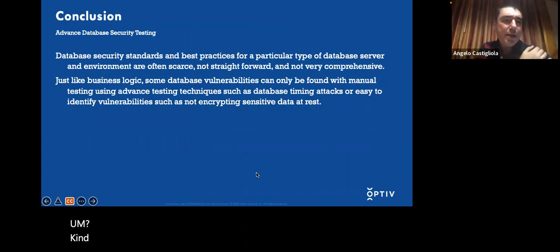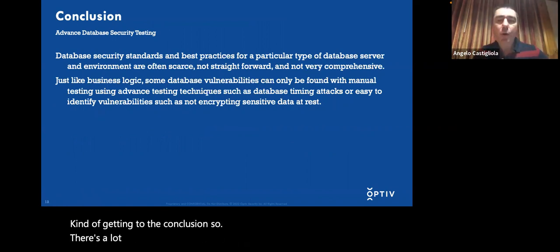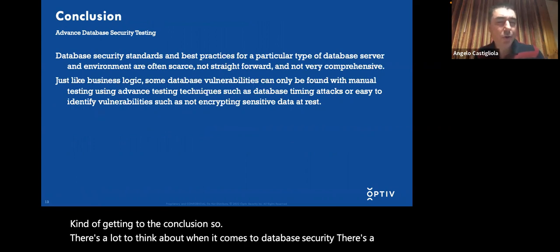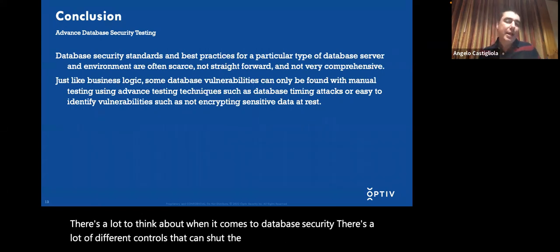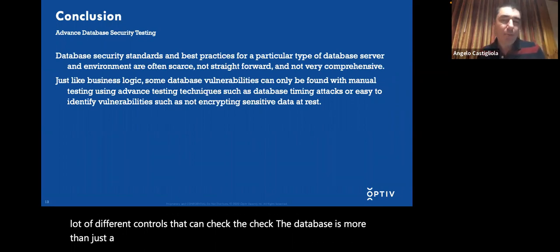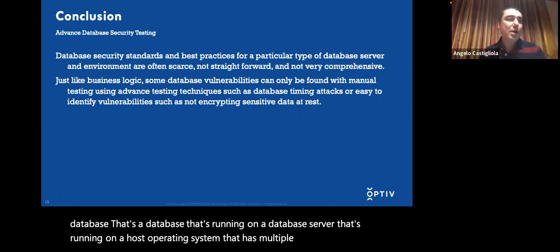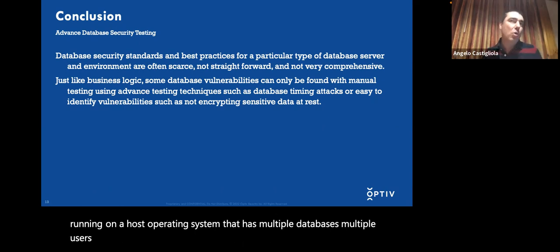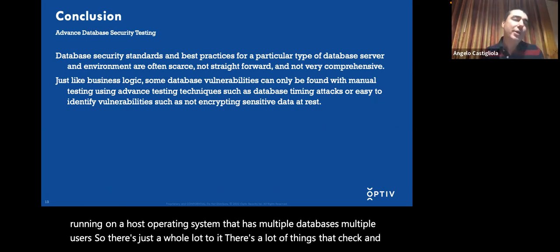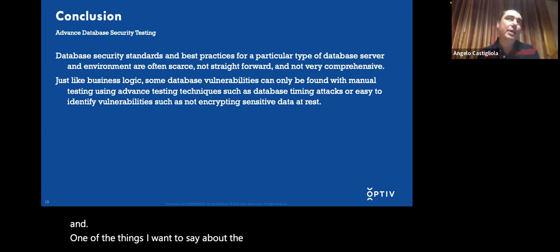Getting to the conclusion, there's a lot to think about when it comes to database security. There are a lot of different controls to check. The database is more than just a server running on a host operating system. It's a database that's running on a database server, running on a host operating system that has multiple databases and multiple users. So there's just a whole lot to it. There are a lot of things to check, and one of the things I want to say about being nitpicky is,